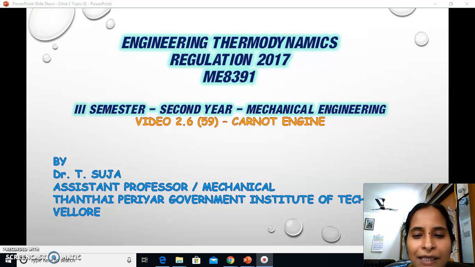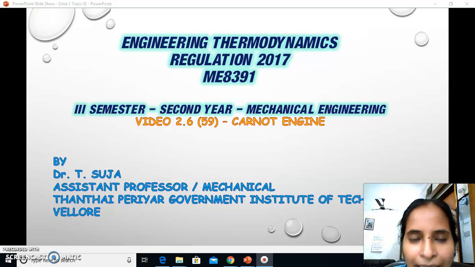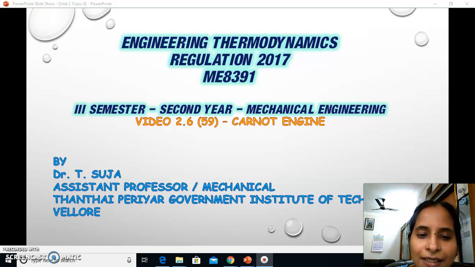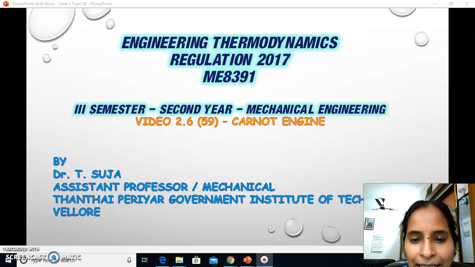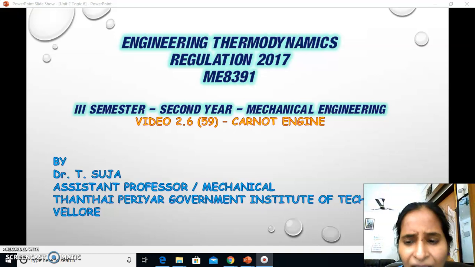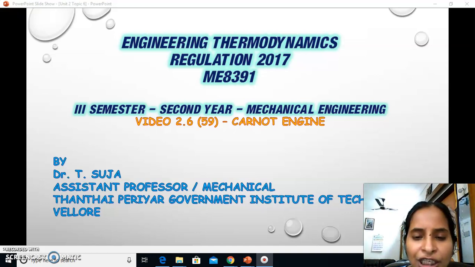The various topics covered in the second unit are the introduction, the importance of the second law of thermodynamics, the various statements and their violations, what a heat engine is, its performance and efficiency, and what reverse heat engines, the refrigerator and heat pump, are and how their performance, like coefficient of performance,